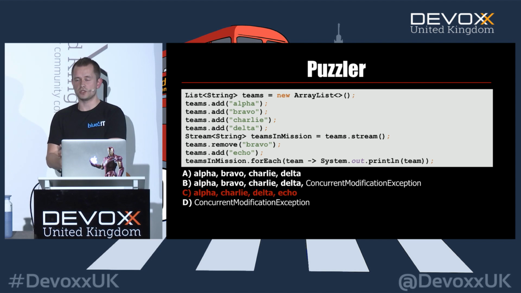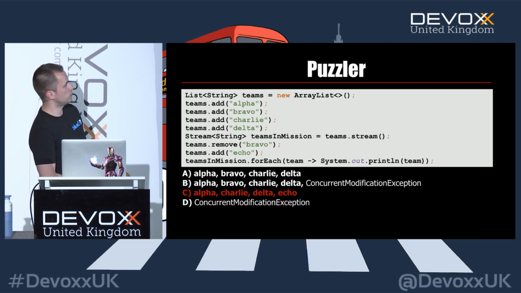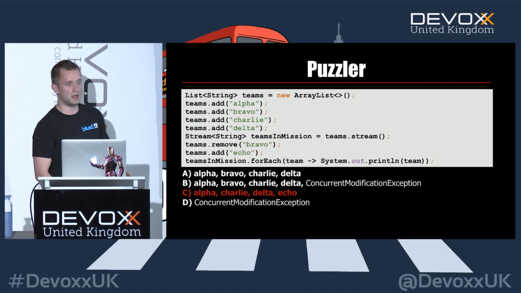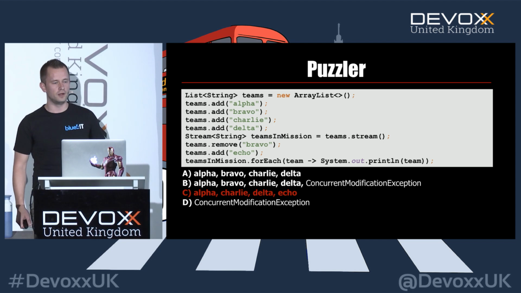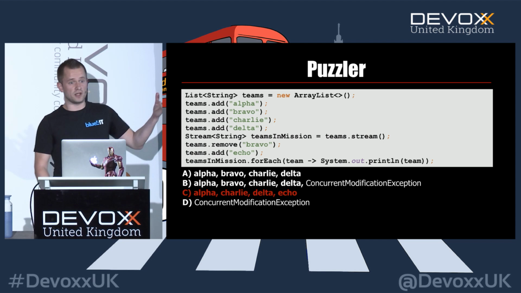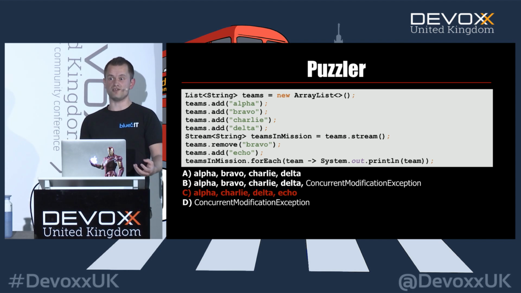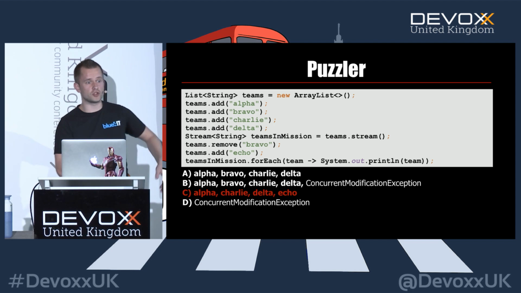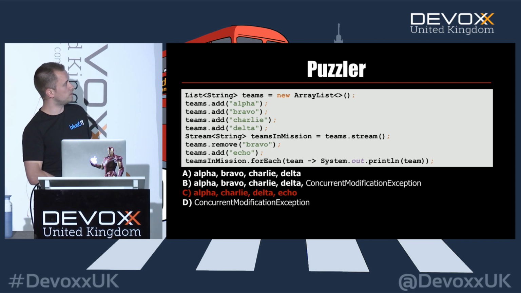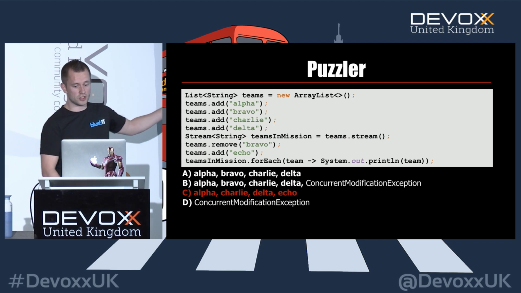Because the problem is, I was talking about laziness, right? I just put the stream in a variable, nothing more. The forEach method is the one that kicks the stream off, that makes it work for me. So before that, a stream was not a data structure. A stream was something intermediate, right? And lazy. So until the forEach method is called, I can do anything with that stream. But the forEach method actually kicks it off and makes sure that the remove was already done and the add was already done, so C is the correct answer.